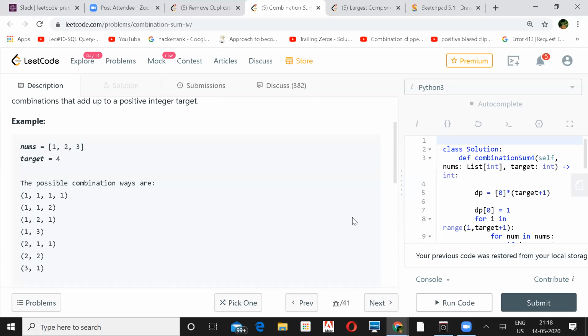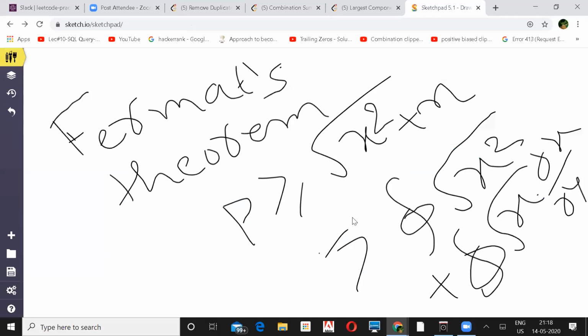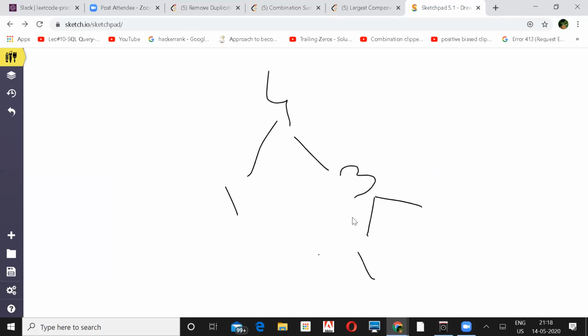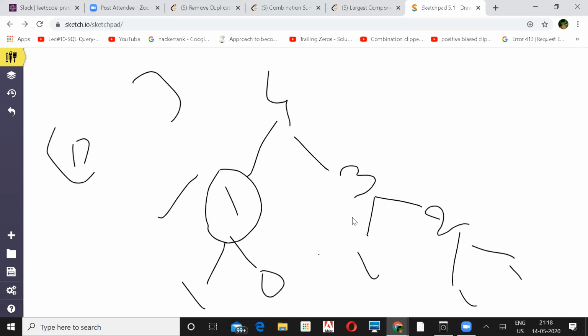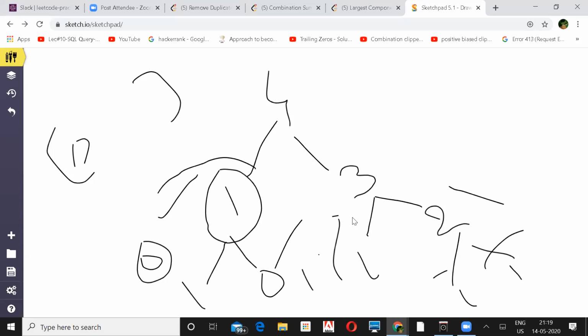Let's see, for the first element we'll take 1, then the remaining would be 3. Now for getting 3 we'll have 1 and 2, and for getting 2 we have 1 and 1. Initially I'll have a DP array. You will again break it into 1 and 0. The number of possible ways of getting 0 is 1, and for this it is 0. Whatever ways you get for this and for this, just add them up. This again will add up to this, and this will finally give you the result of getting 4.